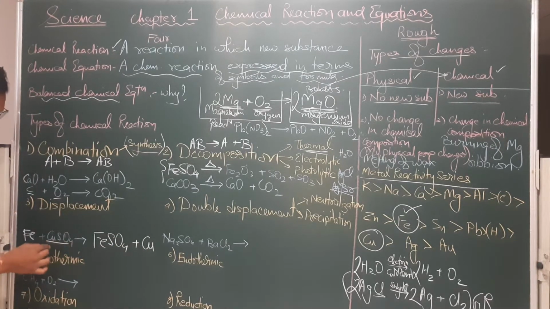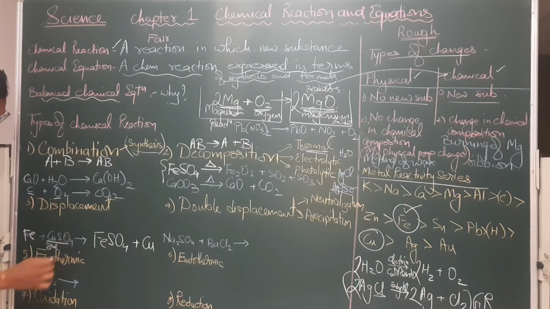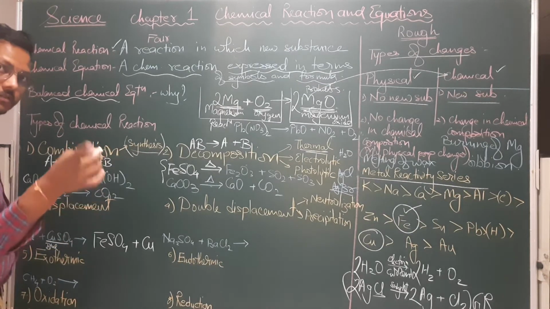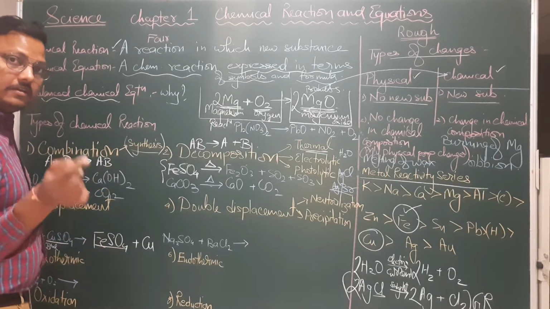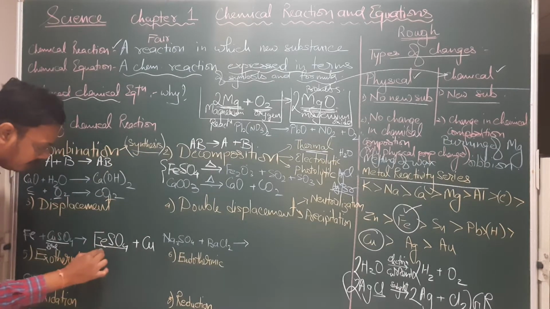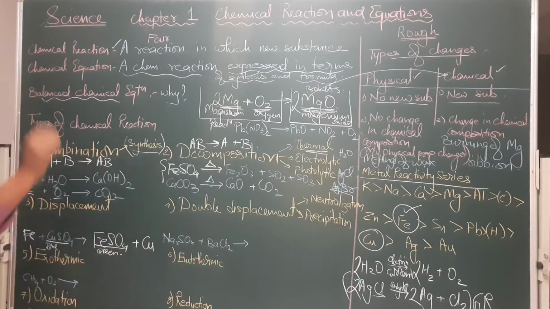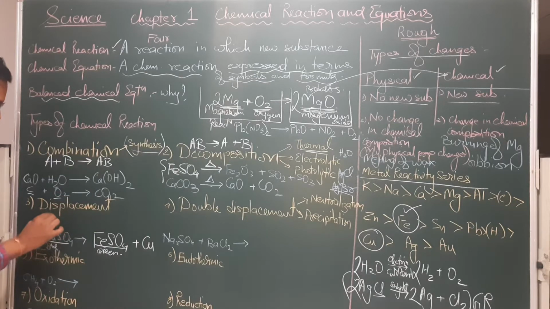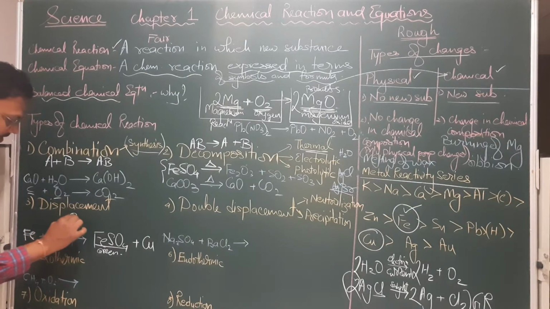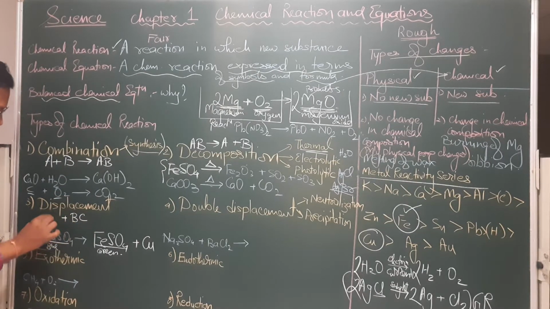The color of the copper sulfate. It is also known as blue vitriol. So iska color kaun sa hoga? Blue. And ferrous sulfate also known as green vitriol. So iska color kya ho jayega? Green. That's right. Now in the displacement reaction, we have seen that we have got BC together and then comes